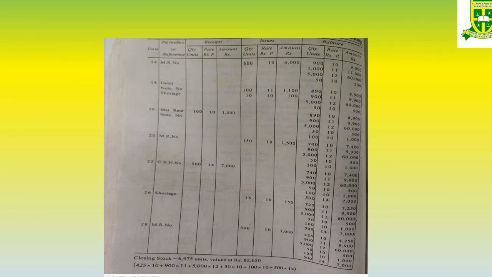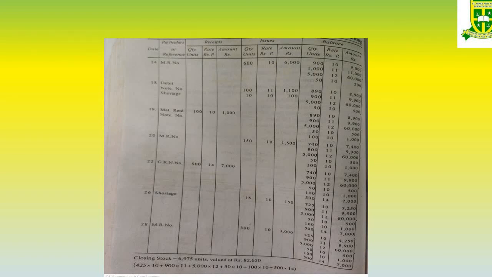When you are returning back to the supplier due to damage in the product, you are returning it to the outsider. While receiving, you would have added it in the balance available. For that process alone, you make an entry in the issue column, as the product is going out. We have to deduct it from the particular item, not from the first item. For example, if it is the third item, when there is a return to the supplier, from the third item alone I have to deduct it, because that particular transaction is only for the product brought on that particular date. So you have to deduct it from that item.